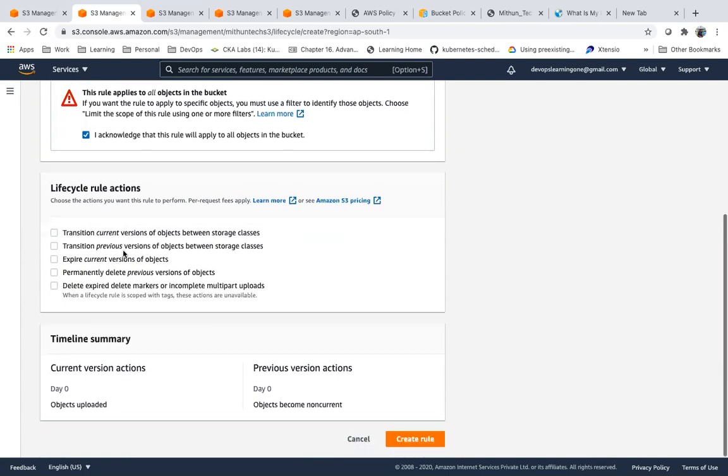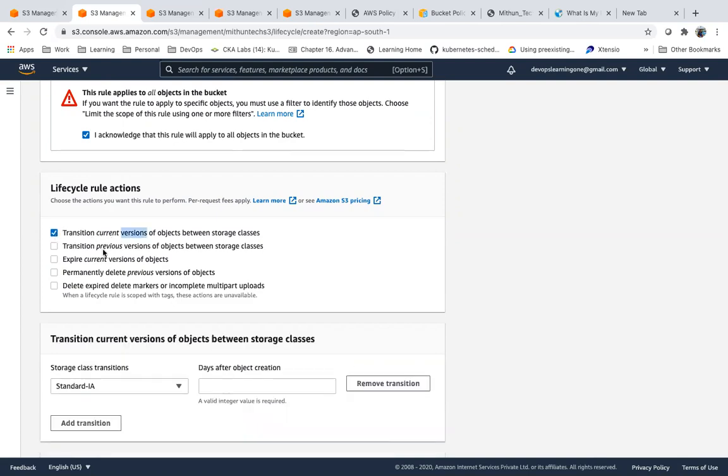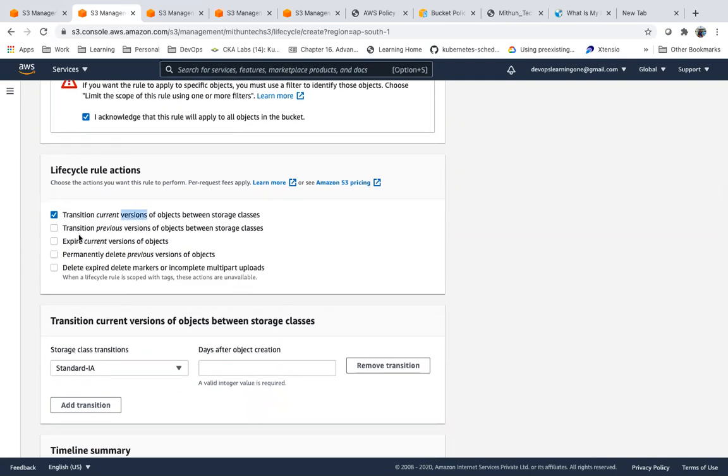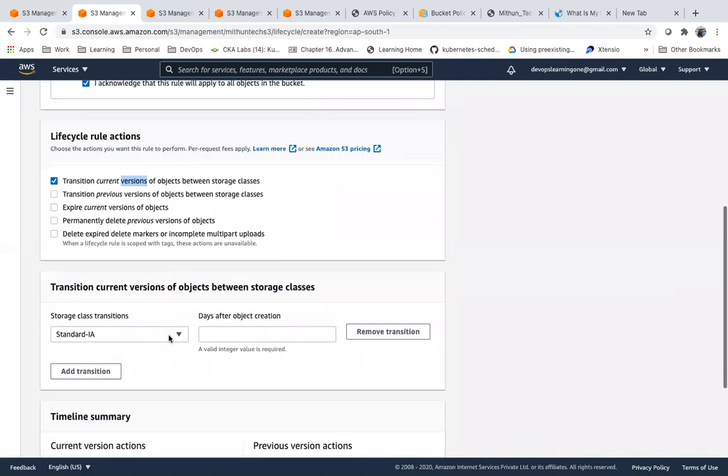Now here, transition. If you see, these are the options. I can transit the current version of the objects from one storage class to another storage class.